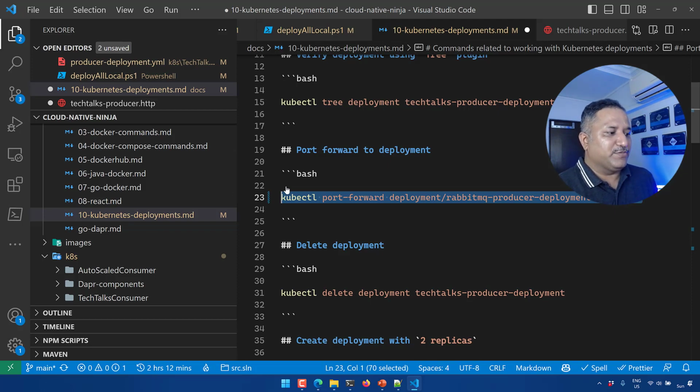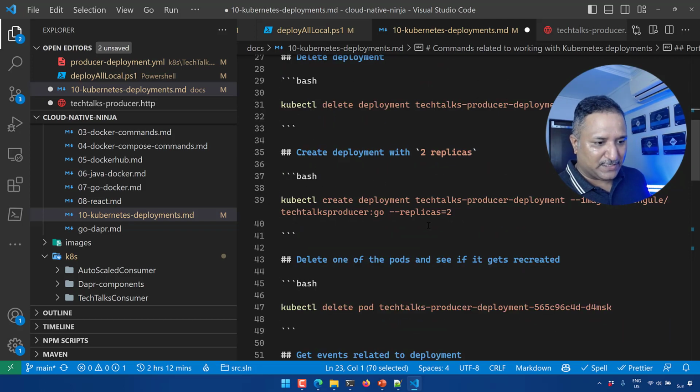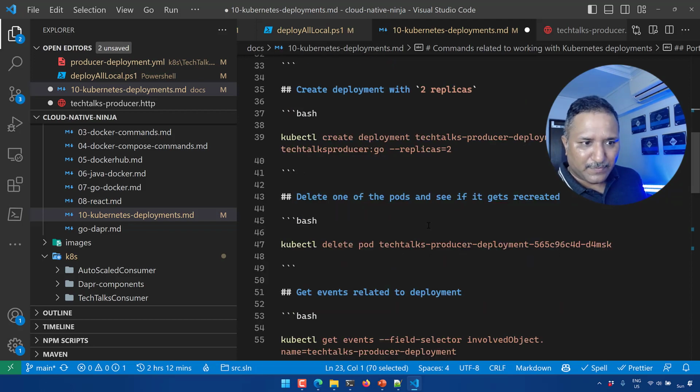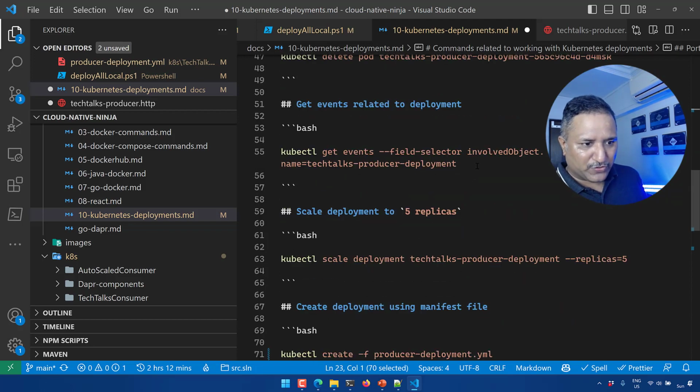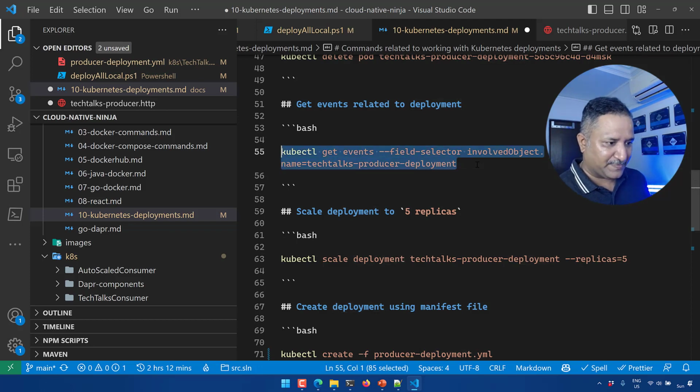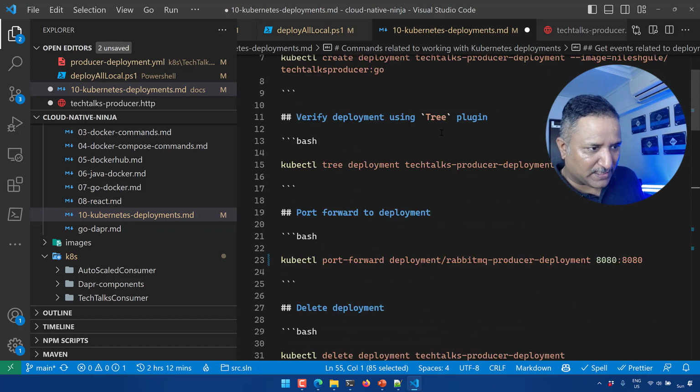So this is an example, or this is the first step in which we deploy the objects or the application related components to a Kubernetes cluster. We have seen multiple ways of doing that, one using the imperative command and the other one using the manifest file, and also to interact with the components like rabbitmq and dapr. The last thing which I would like to show is we can also get things like the events, and we can also look at the one thing which I missed